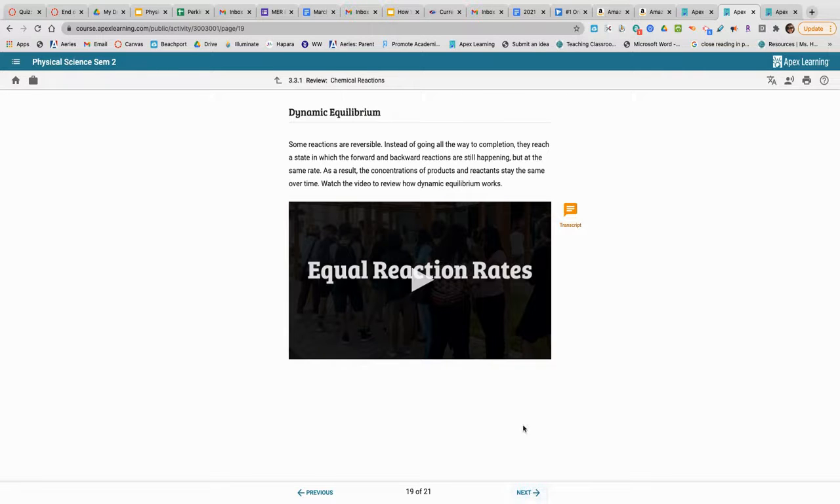And then finally, the idea of dynamic equilibrium. Some reactions are reversible, okay? Instead of going all the way to completion, they reach a state where the forward and backward reactions are still happening, but they're happening at the same rate. As a result, the concentration of the products and reactants stay the same. Again, watch the video on your own. It's kind of like